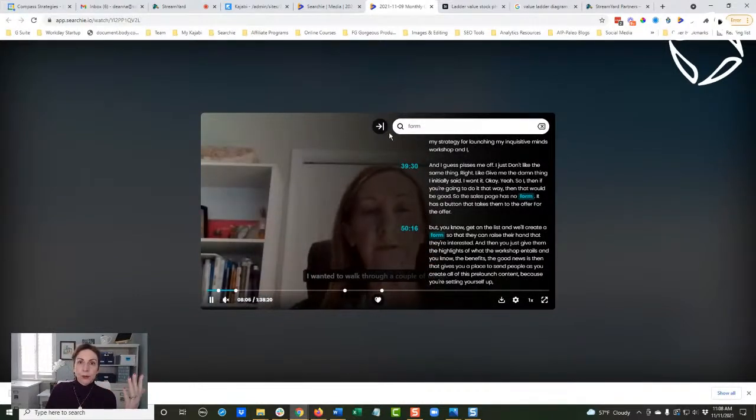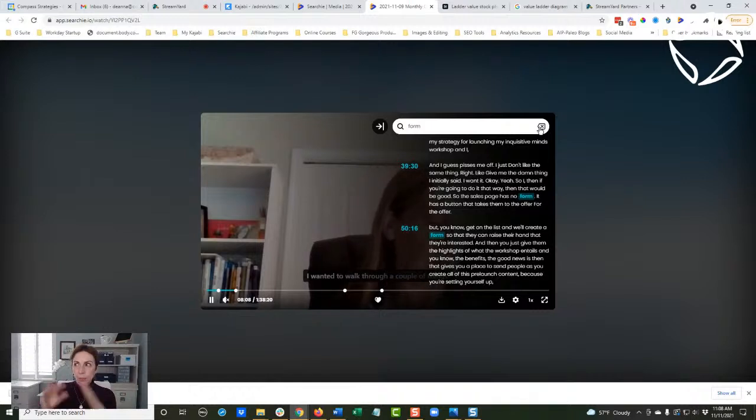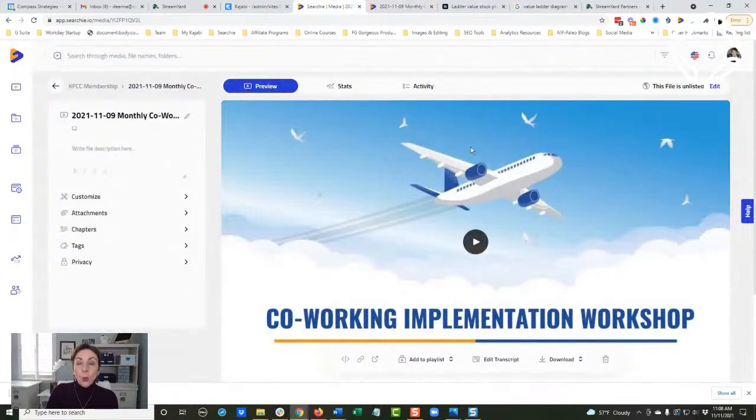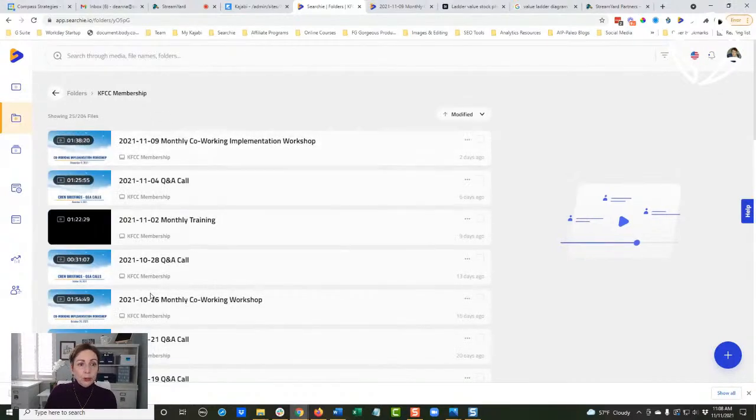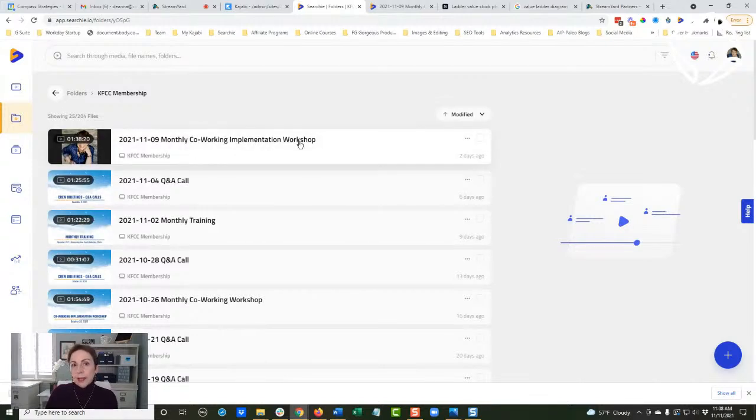It's also helpful in the larger perspective if members want to go in and research content that's already in Kajabi. So we take all of, you could see in this Searchy folder, we've got all the Q&A calls, we've got all the monthly trainings, we've got all the co-working sessions in one big folder where anybody could go in and